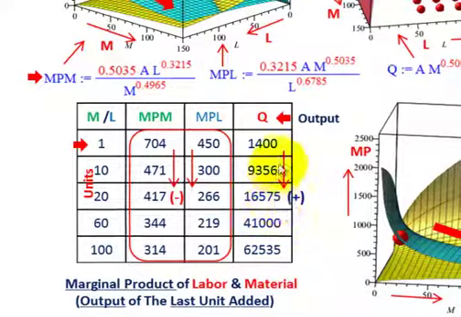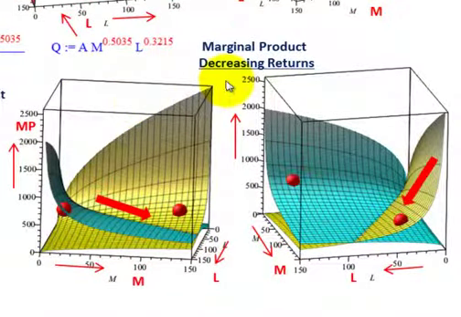Okay, so let's take one last look to get a side view of that marginal product for decreasing returns. Material is on this axis, and material quantities are increasing, and then the labor quantities are increasing here. The idea is to look at this curve, looking at material. You start out with a really high marginal product for those first units. You can see it here. Actually, that first unit we're looking at, it was that